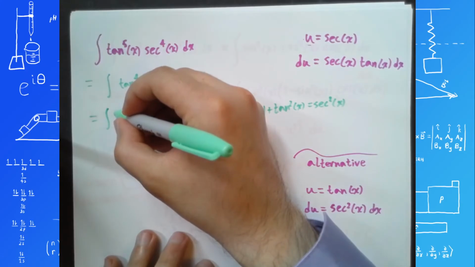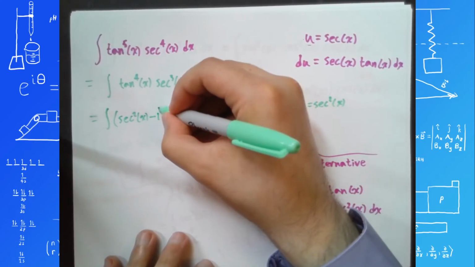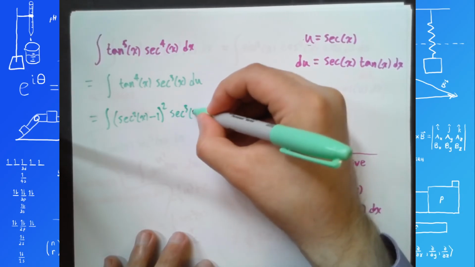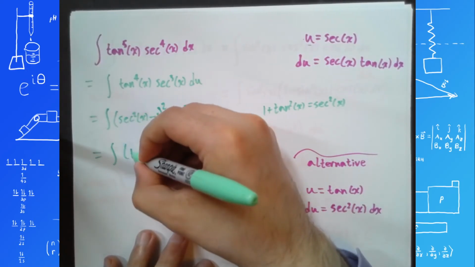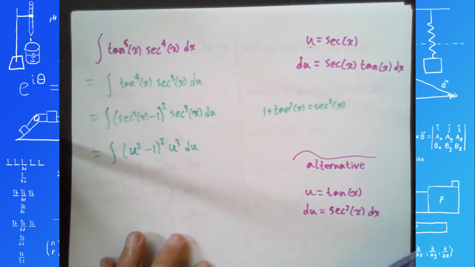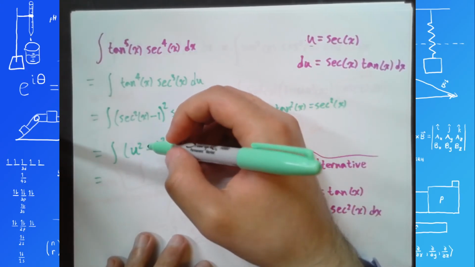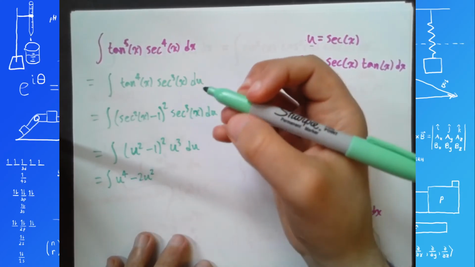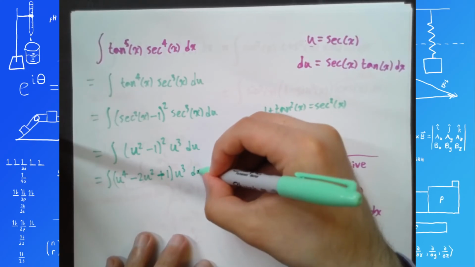Tangent to the fourth is tangent squared squared, so that's secant squared of x minus 1 times itself, and then times secant cubed of x du, and then that becomes the integral of u squared minus 1 squared times u cubed du, which is, let's see, u squared minus 1, if we square that, then we get u to the fourth minus 2u squared plus 1, all that times u cubed du, distribute the u cubed,